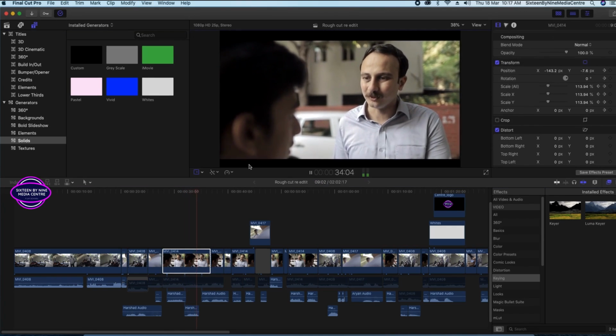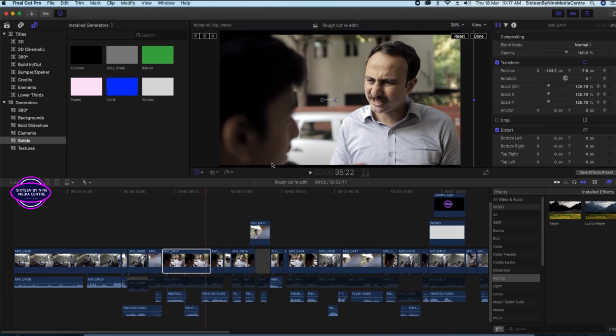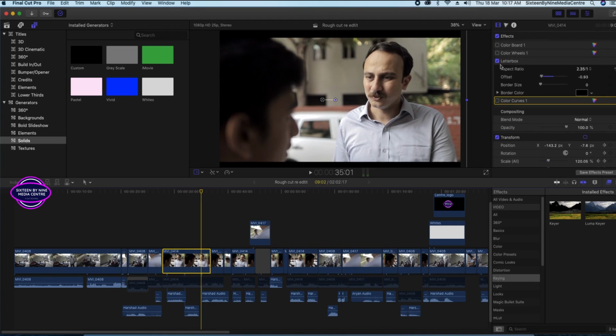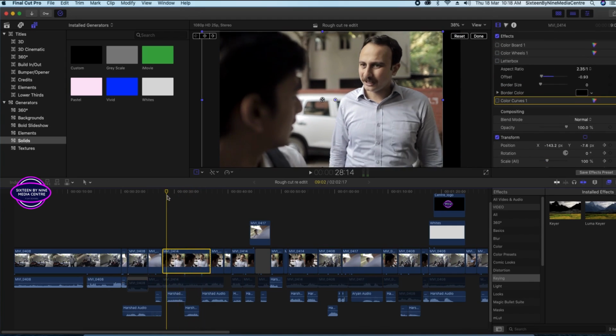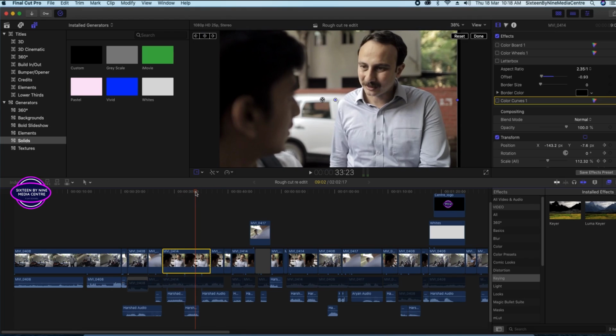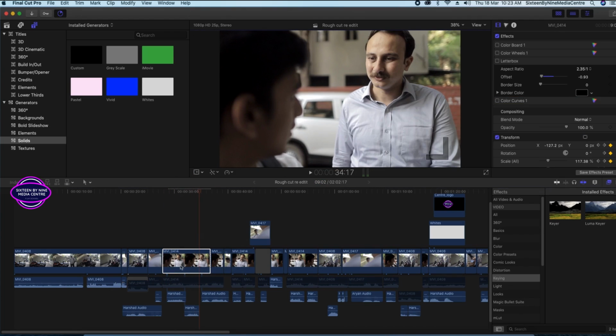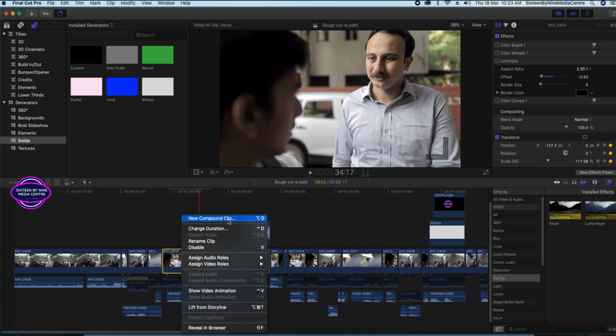Right? It was not a camera effect. This effect I made here in the timeline, in the computer. This is called keyframing. This keyframing thing we will show you. We will upload a video on it after Adobe Premiere also. This keyframing part. Now what I'll do, I'll just go and make a new compound clip